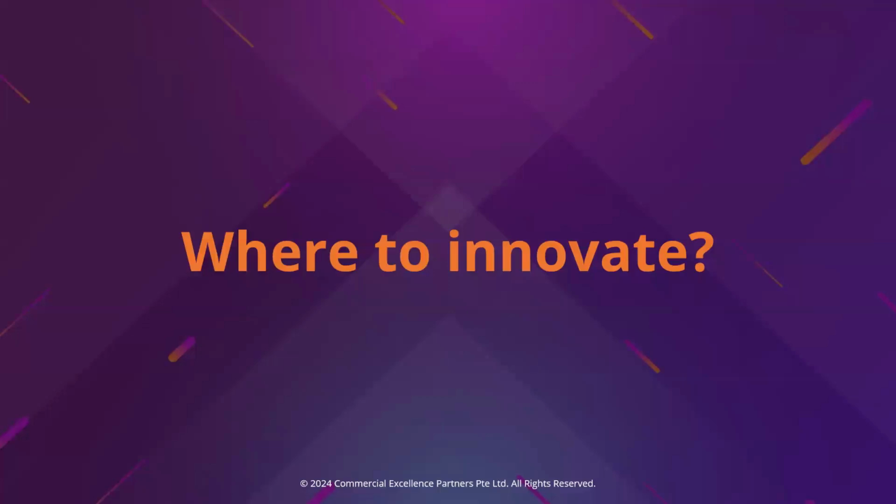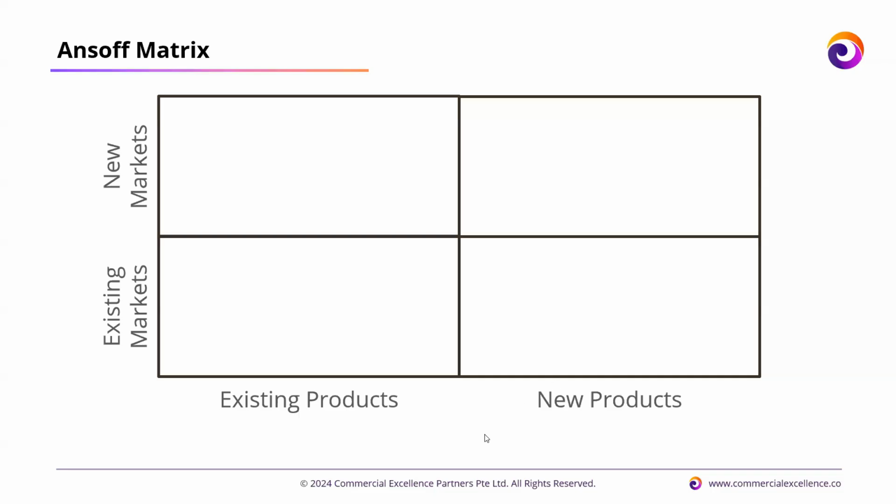Now, where to innovate? Here's a helpful framework that leaders can use to think and communicate to the organization the different areas where we innovate as a group. So this is the Ansoff matrix, and the Ansoff matrix is a very simple 2x2 matrix where on the bottom axis here we have the perspective of, are we innovating to leverage existing products, or are we creating new products? And this axis over here is, are we focusing on existing markets and customers, or are we looking at new customers and new markets?